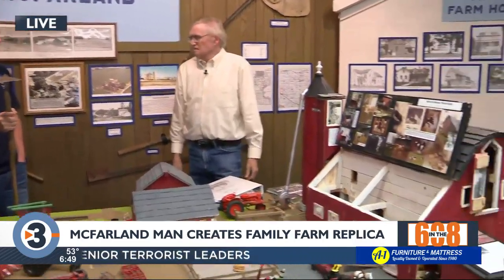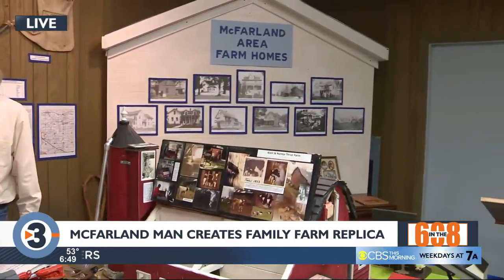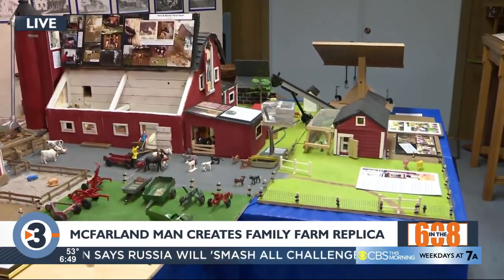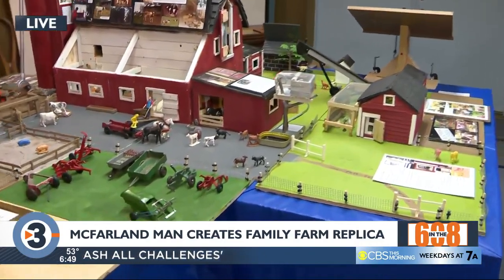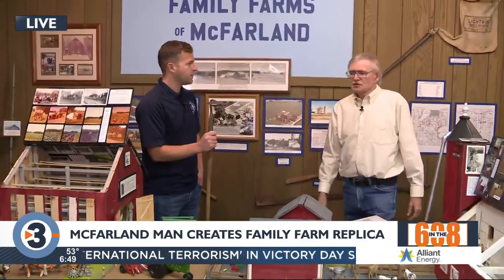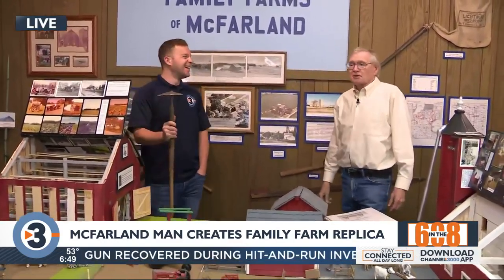So people can come check out your replica right now here at the Historical Society and also get to meet you as well. So you are here. I will be here on Memorial Day, that Sunday, Monday, whatever they want me here. And also, the seniors are having a special showing here today and Thursday, and I'll be here to take the senior citizens through it. And next fall, all the 3rd graders come here and learn how to call cows. How do you call a cow? Come, boss! If you could imagine 30 little kids screaming "Come, boss" at the same time in here, it was just